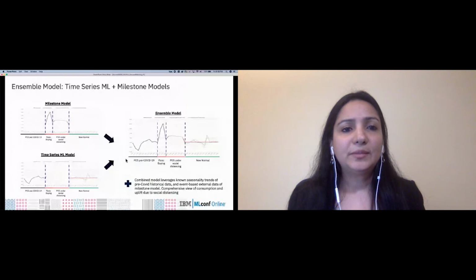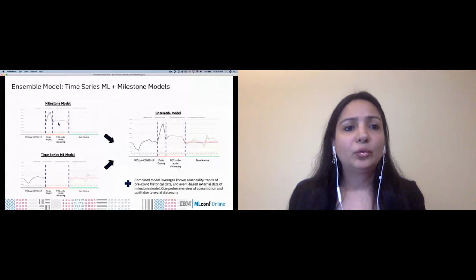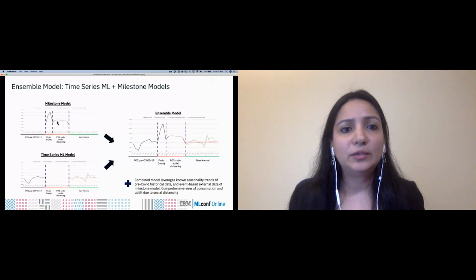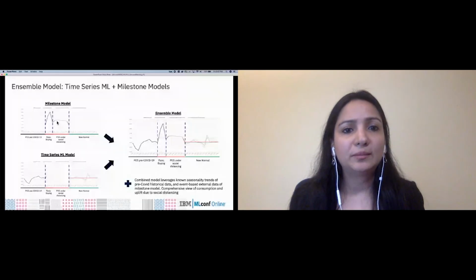So we take these time segments and we create an ensemble model that encompasses a milestone model, which analyzes these consumption patterns during each phase, and a time series machine learning model. So the milestone model is analyzing consumption patterns during panic buying and social distancing. For example, this can be state-specific COVID milestones, such as peaks of infections, peak of deaths, expected consumption normalization. We can also add in things like percent growth during the peak period, which determines how fast consumption will then decline.